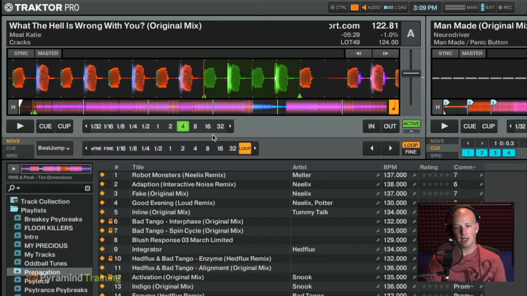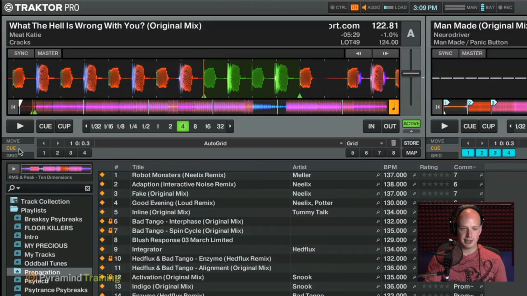Now on most controllers, which have controls or buttons set up for beat jumping, this is how it works: you have one knob to control the current loop length, and then both loops and beat jumps follow that length. But in some cases you can actually have those configured separately as well. The beat jump section will let you do a few things. You can also use it to set loop points and various other bits and pieces, but we're not going to get into that in any detail in this lesson. I've never really seen people use it. So that's it for the advanced section for now, although we'll be going into cues in more detail in a